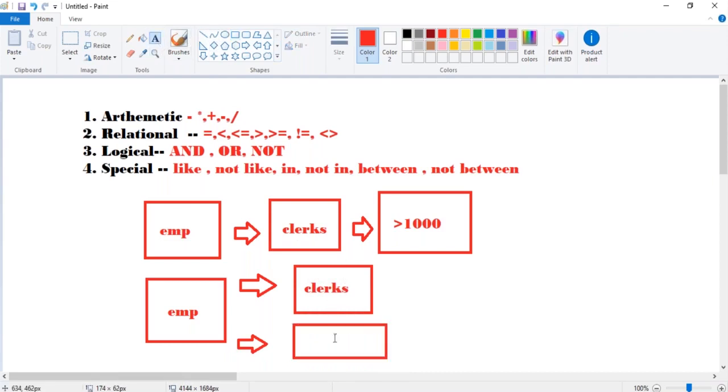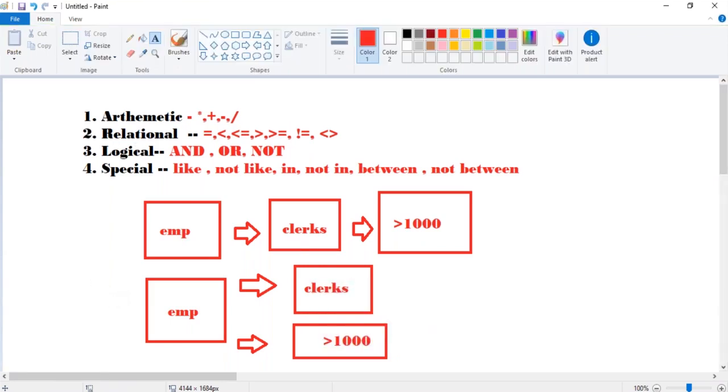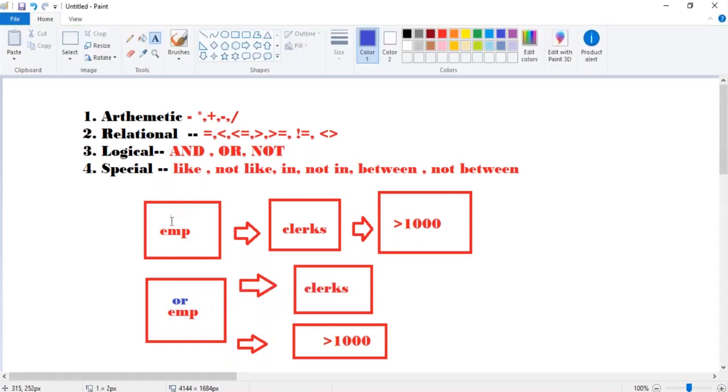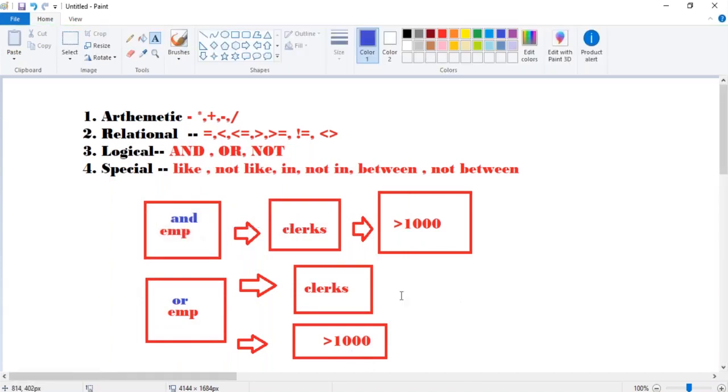Now see here, one more example I am taking. Job is equal to clerk, or you can say, or job is equal to, you can take manager. And then who are getting more than 3000, no row selected, right? Now just you can display the manager data first. Now see here, three records are there. The first condition is satisfied and returns the data. Now the second condition doesn't have data, right?